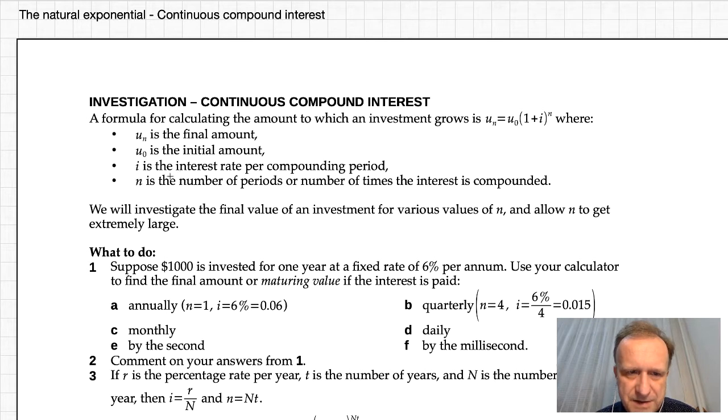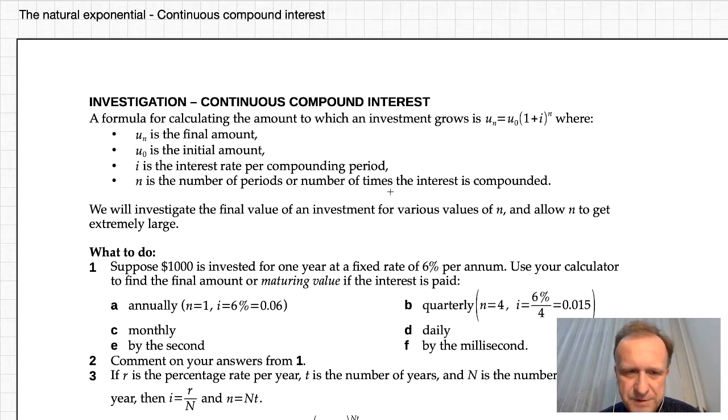I is the interest rate per compounding period, and this is an important fact. I is the interest rate per compounding period, and n is the number of periods, or number of times the interest is compounded. Compounded means added to your value or to your